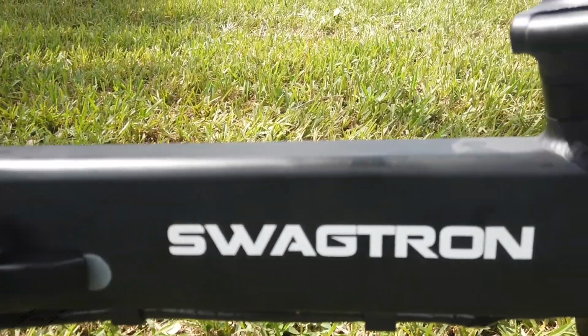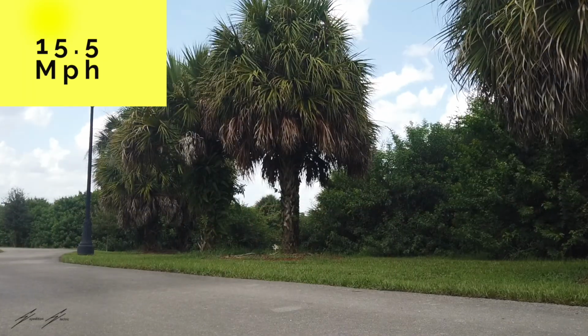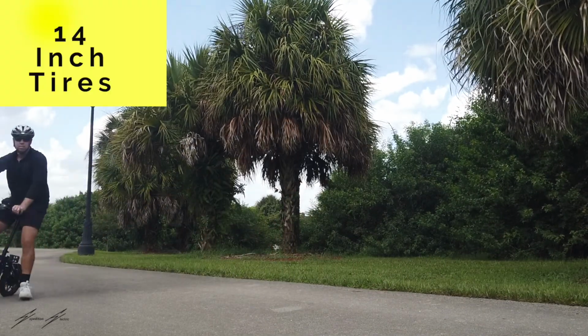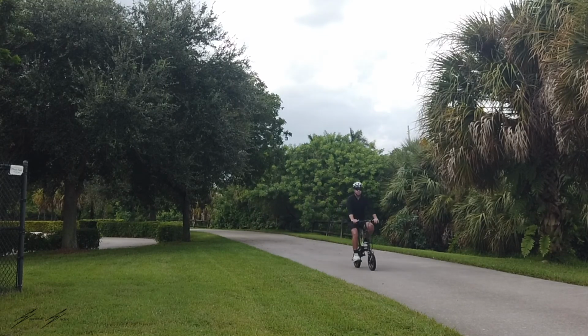And this is where the rechargeable 36 volt battery is stored. This electric bike has a top speed of 15.5 miles per hour, which feels pretty fast when you're going on it. The tires are 14 inches, which is standard for this size folding e-bike, which is ideal for campus or